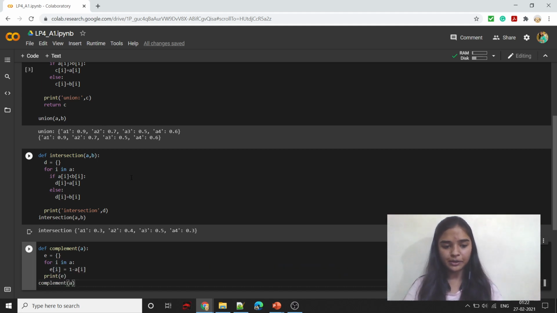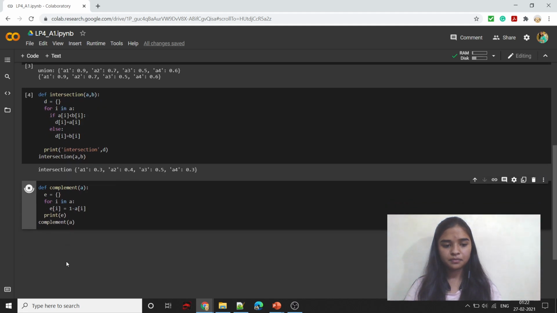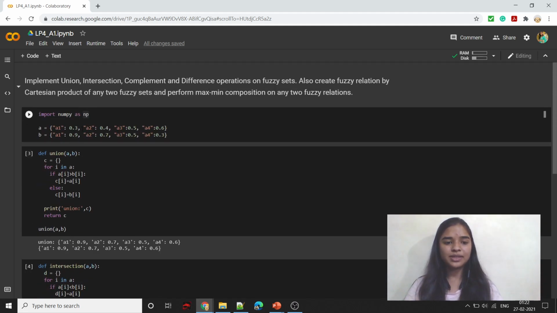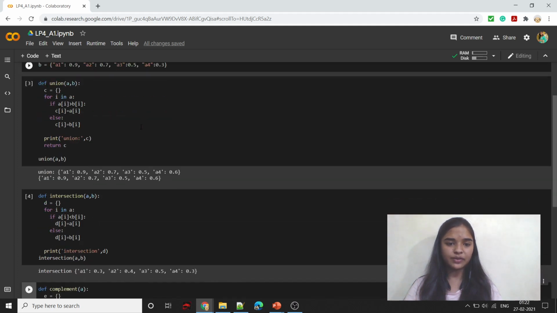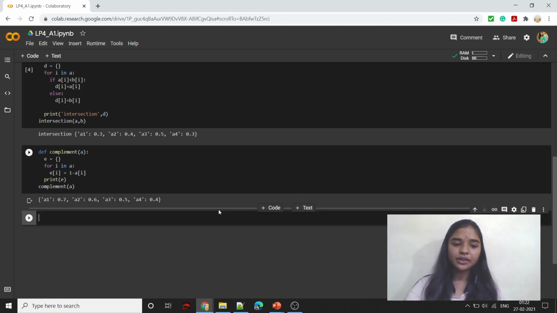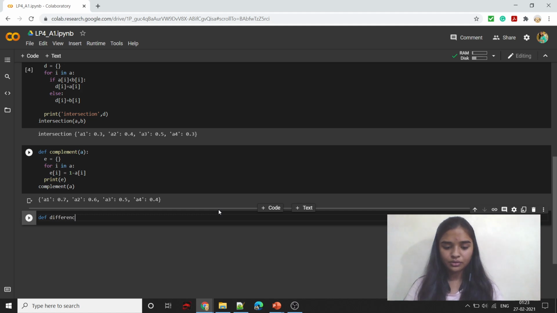Complement of set A. So here we should get 0.7, 0.6, 0.5 and 0.4. It is 0.7, 0.6, 0.5 and 0.4. So complement function is working properly. Let's now write the difference function. Definition: difference, pass the sets A and B, initialize the output set